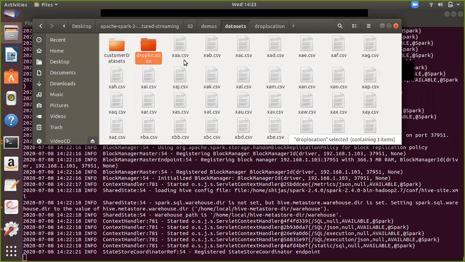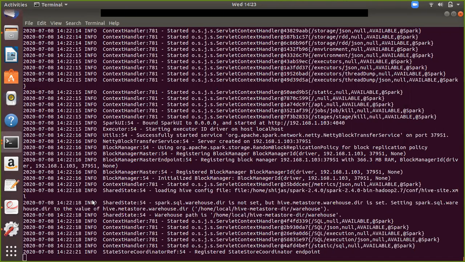We have many files here which contain the crime records. I'm dropping them one by one, and each file has a few records. Once the Spark application receives them, it reads them into a Spark data frame using readStream. Then, as usual, we do a group by and aggregation to get the count at the borough level, and emit the output onto the console in complete mode.